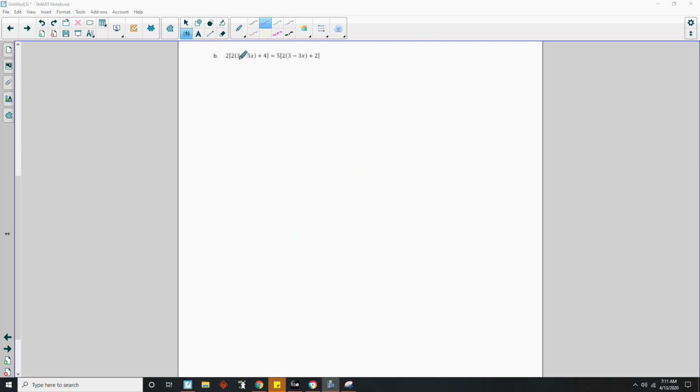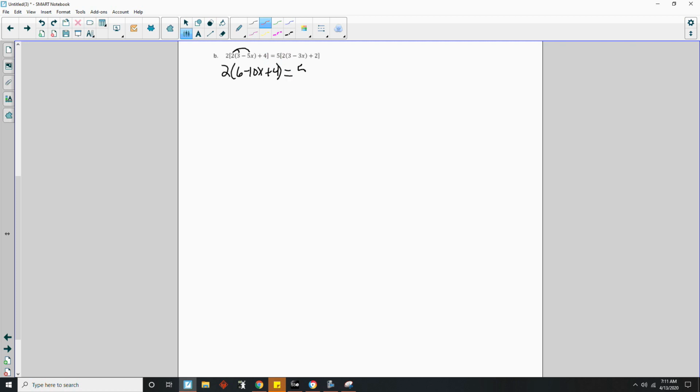Okay, here's part B. Same. So we're going to work inside here. Okay, so I can work on both sides at the same time as well, but I'm going to bring this 2 down. And then this is going to become a parentheses, and I'm going to distribute this 2. So 2 times 3 is 6. 2 times negative 5 is negative 10x plus 4